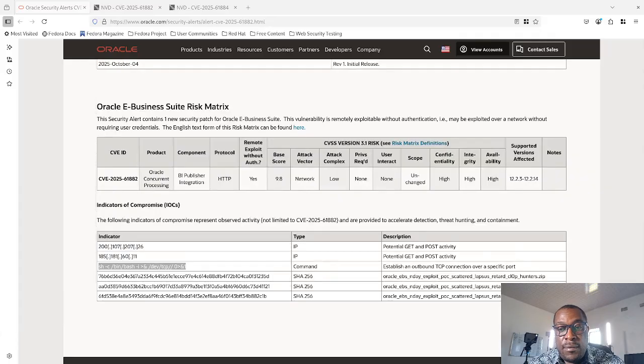This calls for prompt patch management, which is very paramount. The immediate and diligent application of security patches and alerts is non-negotiable. Delays in patching might create significant opportunities for attackers. There is need to adhere to vendor recommendations. Oracle's strong recommendation is to stay actively supported and apply all security updates without any delays. All organizations running these E-Business Suites